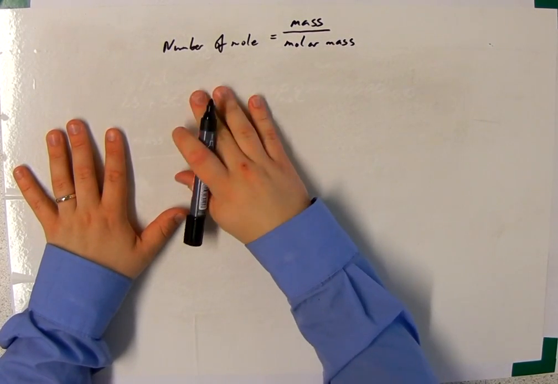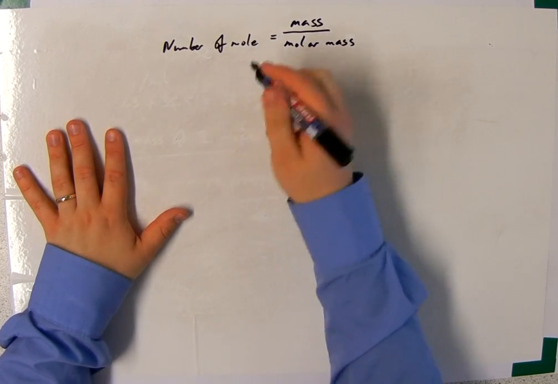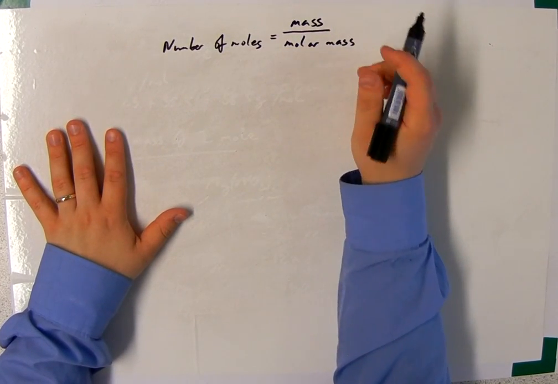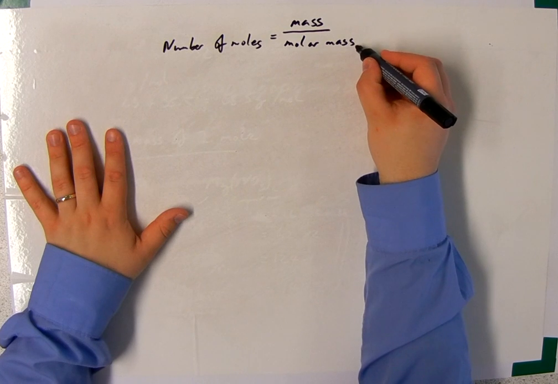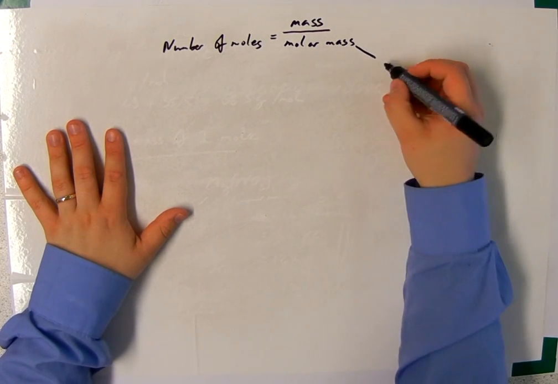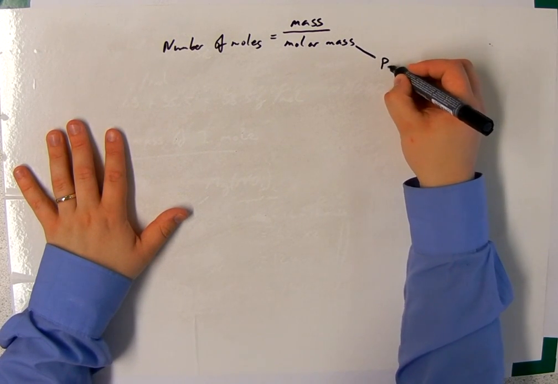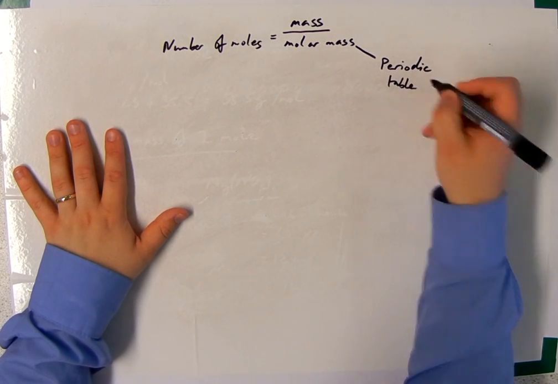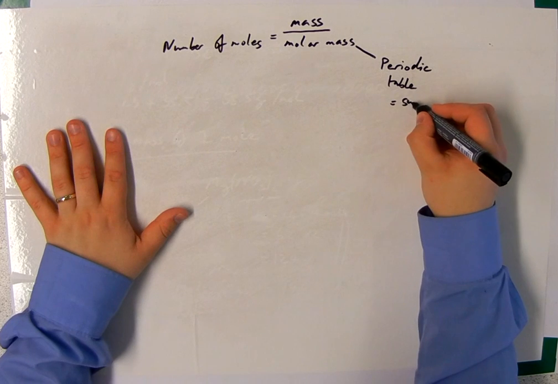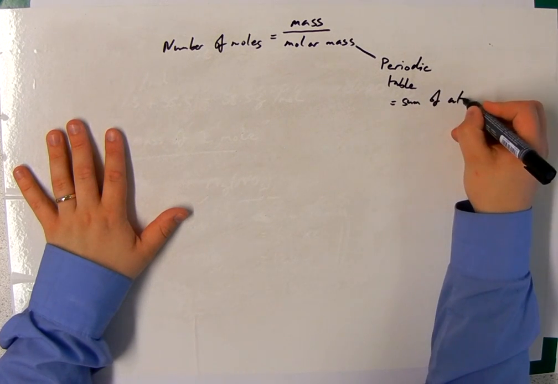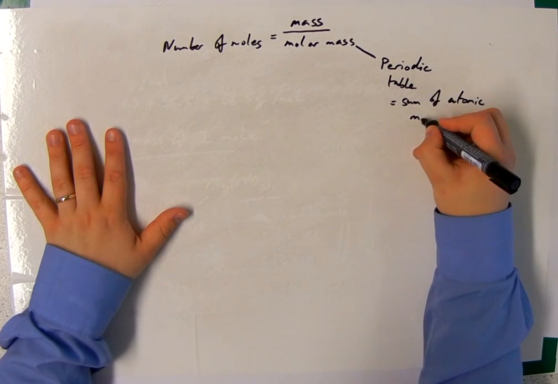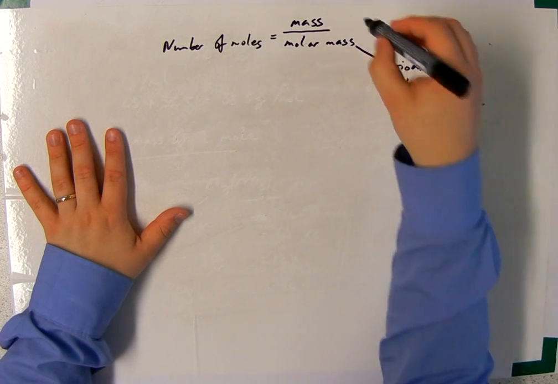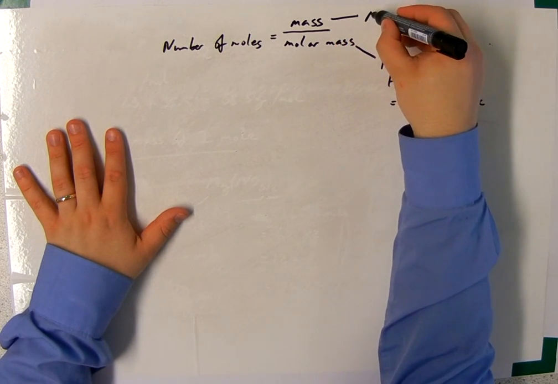That is a key little equation. The number of moles is the mass over the molar mass. Molar mass we work out from the periodic table. The sum of the atomic masses. This you can measure